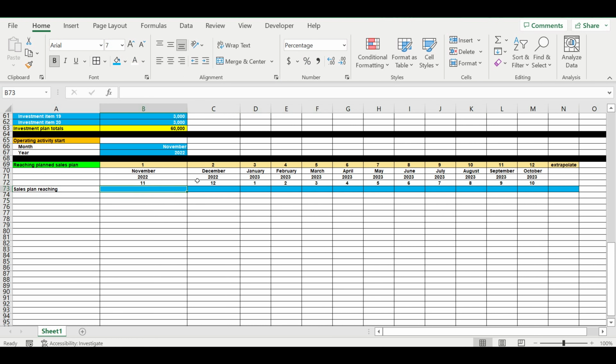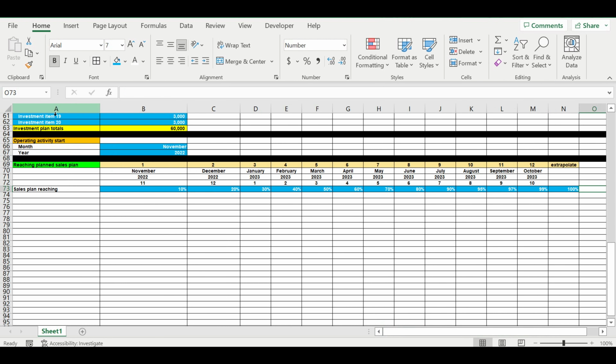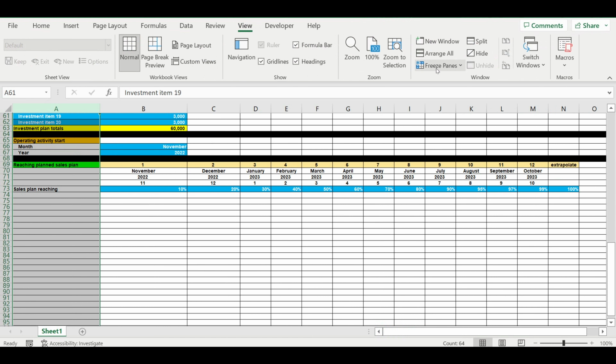So for example, the first month will be 10%, 20, 30, 40, 50, 60, 70, 80, 90, 95, 97, 99, and we're extrapolating, for example, 100%. So view, let's freeze the first column. Sales plan reaching in percentages,